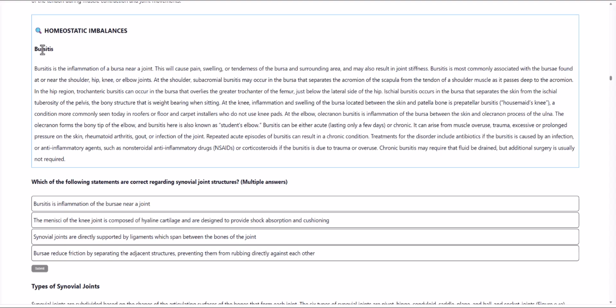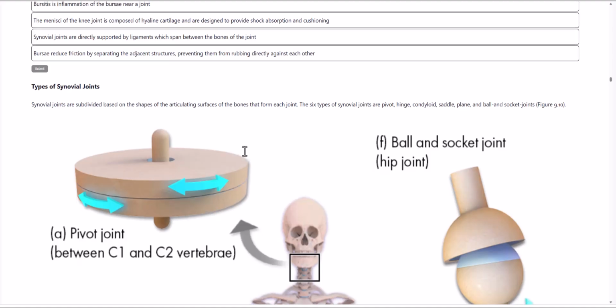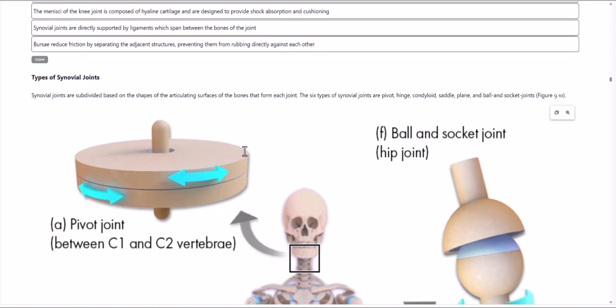So here's a little story about bursitis. Read through that. And when we get to types of synovial joints in lab, you're being asked to know